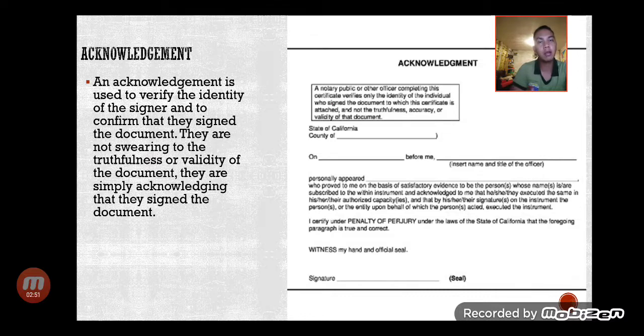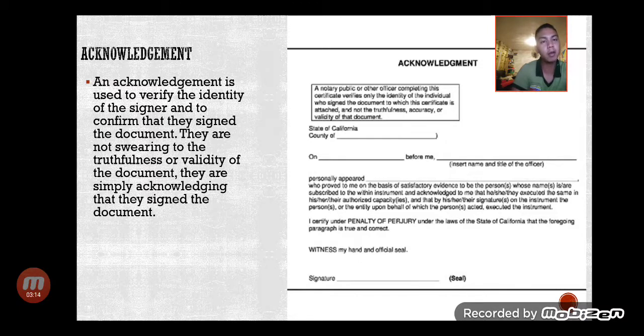And this does not mean that the signer has already sworn or nagapamatuod or sinasabi na totoo ang contents ng document. So as you can see on the example image, it emphasizes the name on the